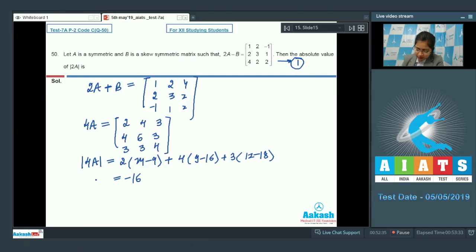Now here taking 2 outside from the determinant, we can write 2 raised to the power 3 into determinant of 2A is equal to minus 16, which means that determinant of 2A is equal to minus 2. So the absolute value of determinant of 2A will be 2. So answer of this question is